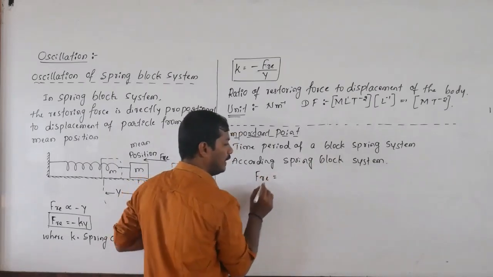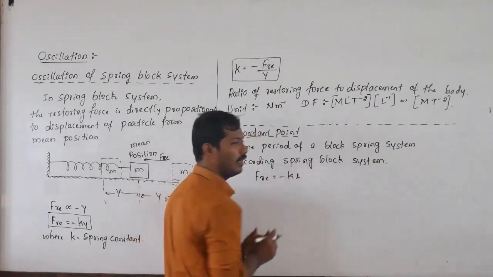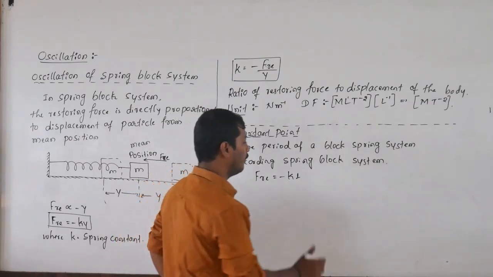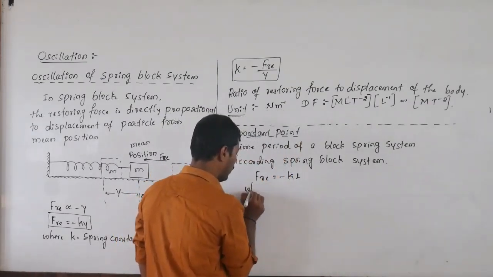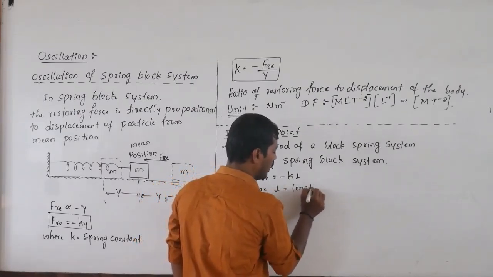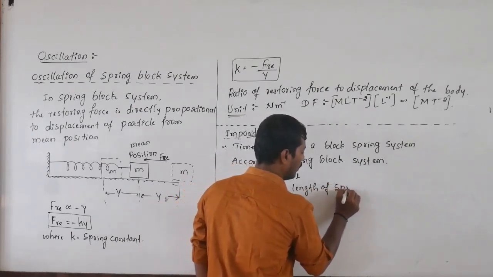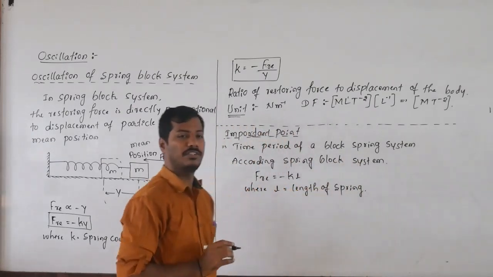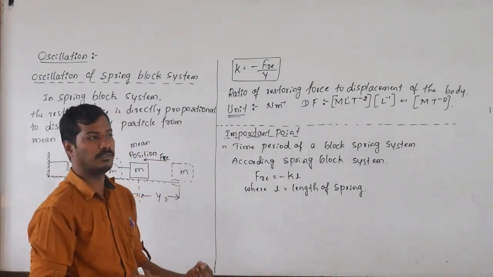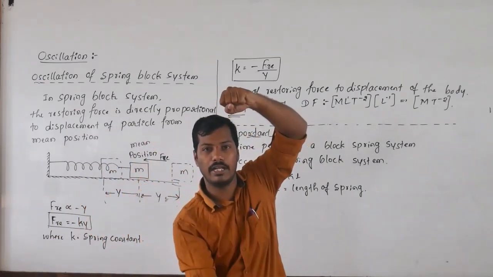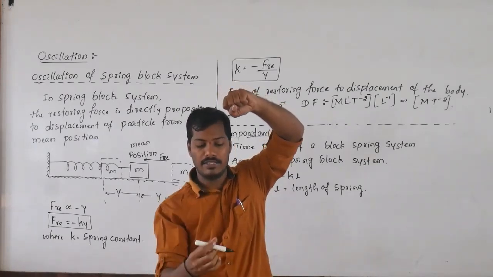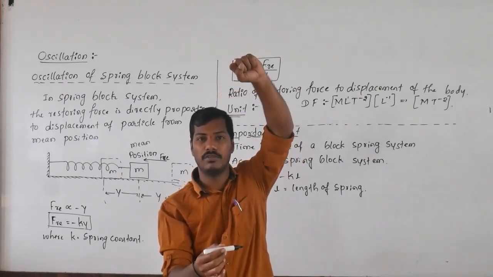the restoring force is equal to minus K into L, because L is nothing but the length of the spring, where L is the length of a spring. You can take here Y or L. L is nothing but the length of the spring. If the spring is just elongated, there is a change in length. If it is the initial position of the spring,